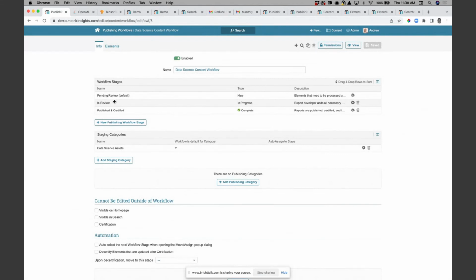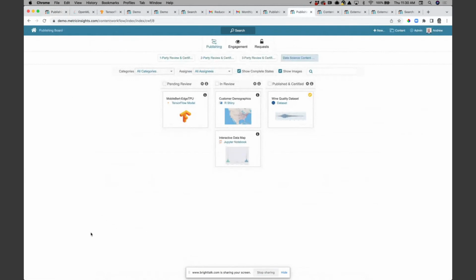It could be a more complex flow where we push it through multiple stakeholders. Maybe the analyst looks at it and signs off on it. Maybe we pass it to the business user who tests it and makes sure they're happy with it before it gets published and certified. But whatever the steps are, we define those steps, we define what is expected for each step, and then we have a completion stage that pushes it out into the catalog and the portal that we've been looking at. And so in setting up these workflows, we can then assign those stages to different users.